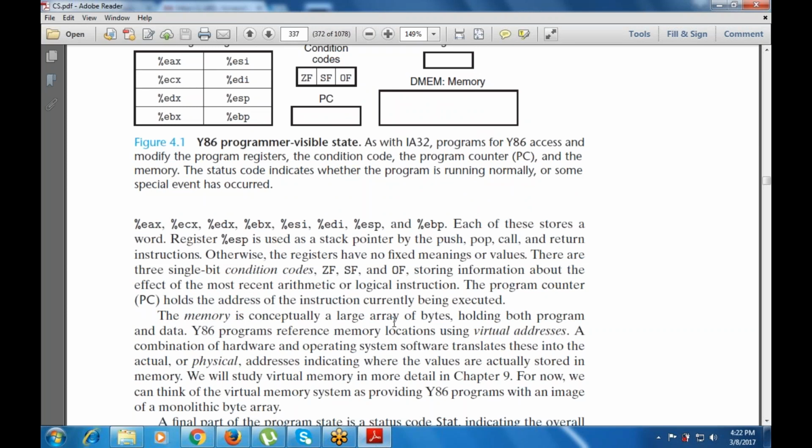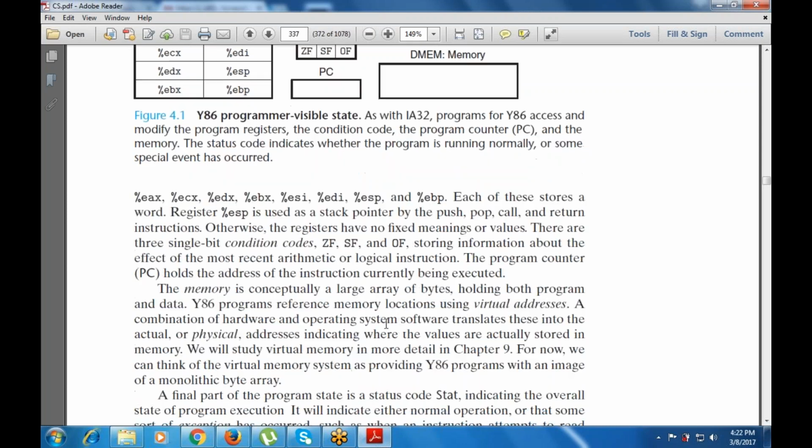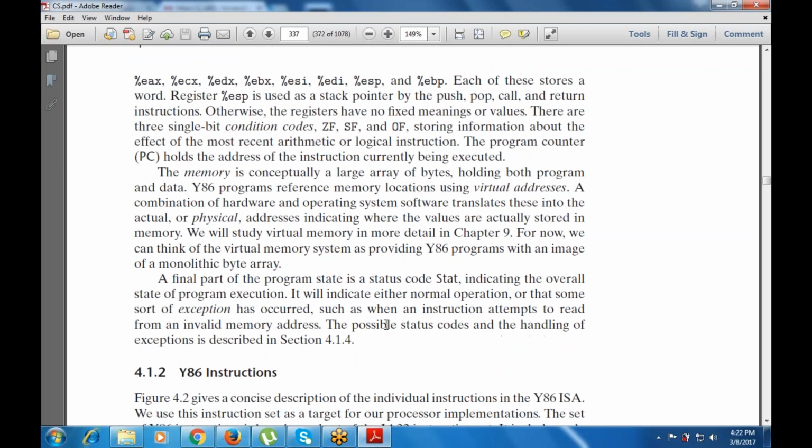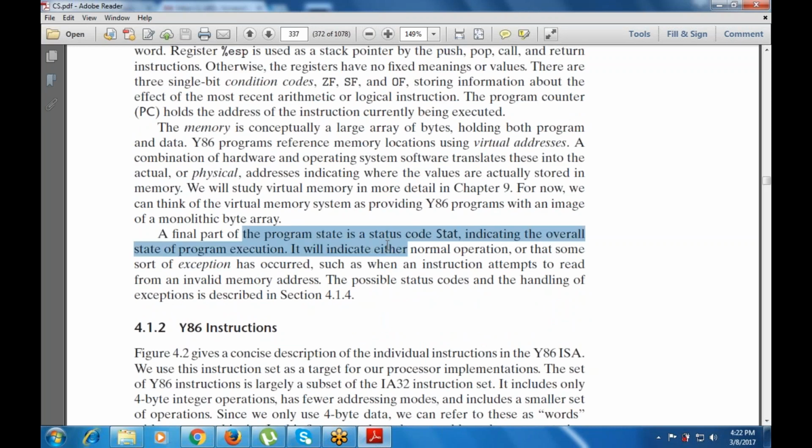There is a concept of the virtual address in the Y86 program, where a combination of hardware and operating system software translates these into the actual or physical addresses, which indicates where and how the values are actually stored in the memory. That includes a monolithic byte array. Then the final part of the program state is the status code that says the overall state of the